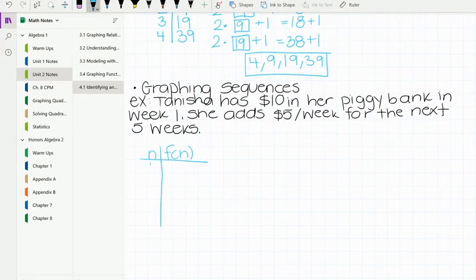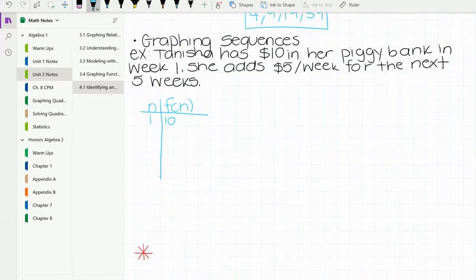So in week 1, she has $10, and then she does it for 5 more weeks. So that would be second, third, fourth, 5th, and 6th. So that's 5 more weeks. So each week she's just adding $5. So I'm going to go ahead and do that. And we want to graph this sequence. So I'm going to go by 5s,